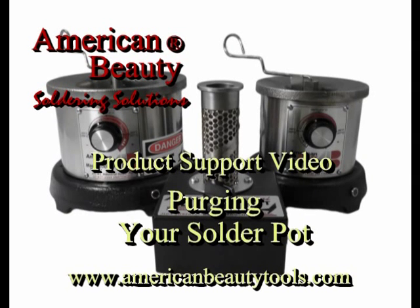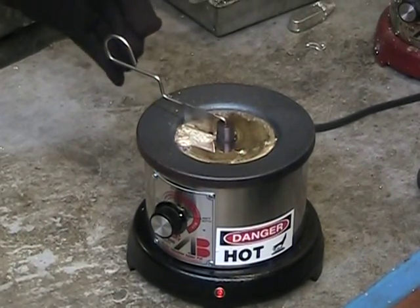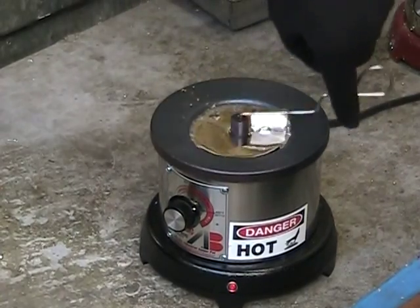This video will guide you through the purging process of your American Beauty solder pot. Alright, when the solder has become contaminated to the point where it becomes necessary to purge the solder pot and recharge it,